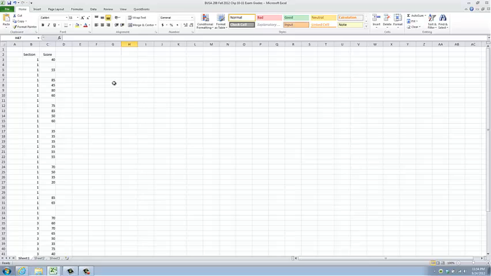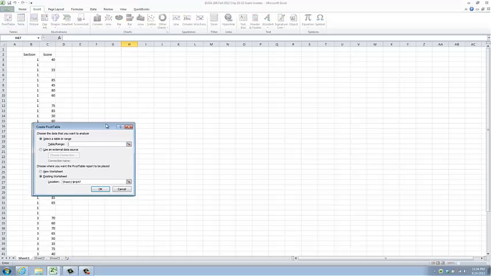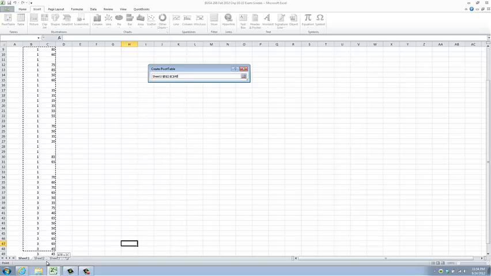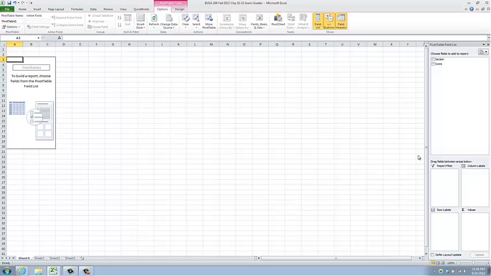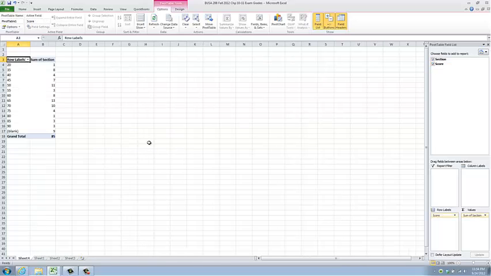So let's see if we can do anything interesting with this data. Start out with a little toy we have in Excel called a pivot table, and it works like this. We tell it where our data is, kind of like that. And then we tell it where we want to put the actual pivot table. In this case, let's put it in a new worksheet, just like that. Now you can see here, section, score, we want them both in our pivot table, and we also would like,